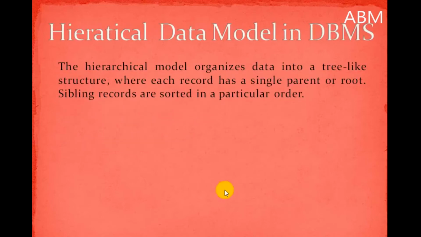Hierarchical data model: organize data into a tree-like structure, where each record has a single parent or root node. Sibling records are stored in a particular order. So it is just like a